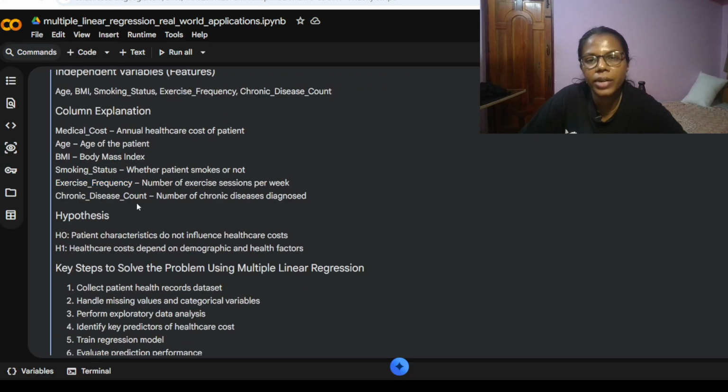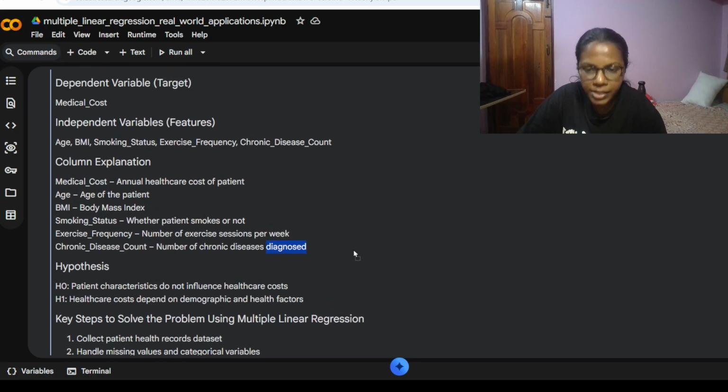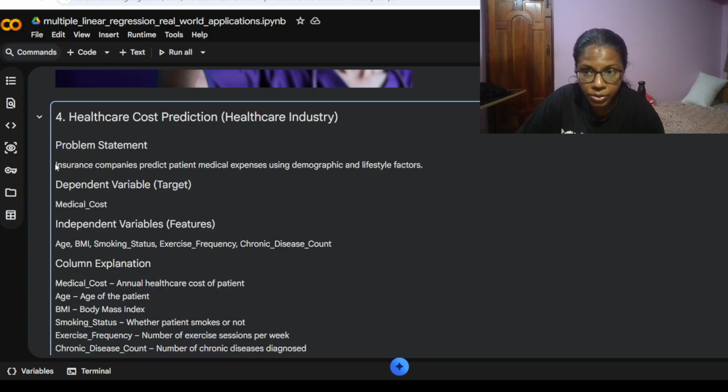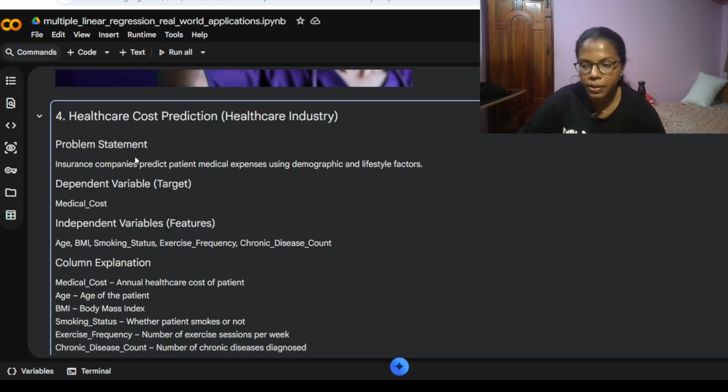The next column is chronic disease count. So, how many chronic diseases could that person have? They had, or if they had a particular chronic disease, if they got diagnosed. So, that is what I'll be checking to figure out or predict the future annual healthcare cost of a particular patient. So, this is how insurance companies could use their healthcare data or their historical data from hospitals to predict if that particular person can get a medical expense or not, to get benefits in the organization and also to be beneficial for that particular person.